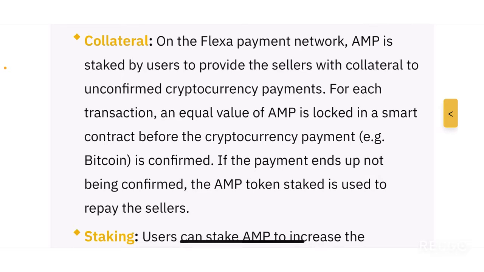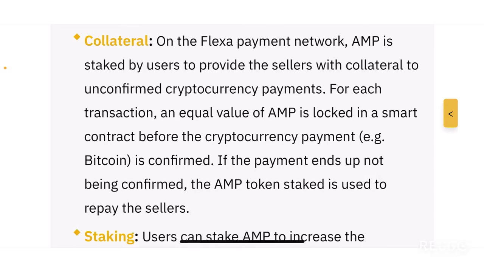So one of the primary use cases for AMP within the Flexa network is to act as collateral, and how it does that is it basically acts as a staking token. So users would have to stake AMP tokens in order to provide sellers with collateral for unconfirmed cryptocurrency payments. So they need to stake AMP tokens in order to collateralize any form of unconfirmed cryptocurrency payments. So when you're sending cryptocurrency payments that are unconfirmed, you are required to stake AMP tokens before you can even start a payment. And for each transaction, an equal value of AMP is locked in the smart contract before the